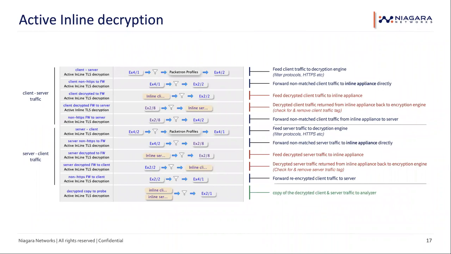From a configuration perspective, we can see these same flows, client-server traffic. So take that traffic and send it for decryption. And if it was encrypted, we encrypt it again, and do that for the client traffic and for the server traffic. And we can take a copy of that traffic and send it out for reporting. So even though we do inline decryption and send that traffic to an inline appliance, we are still able to create copies of that traffic as well and send it to another port for reporting.